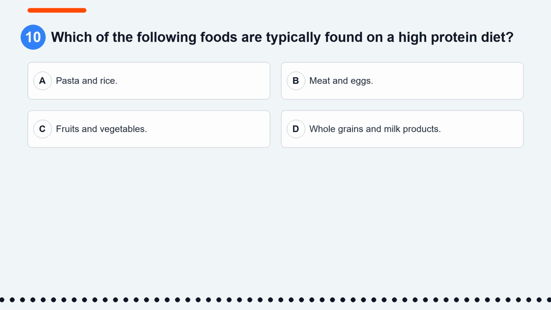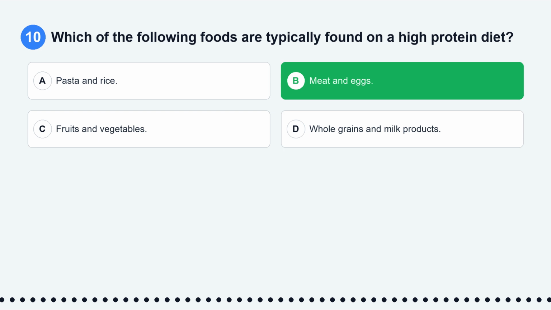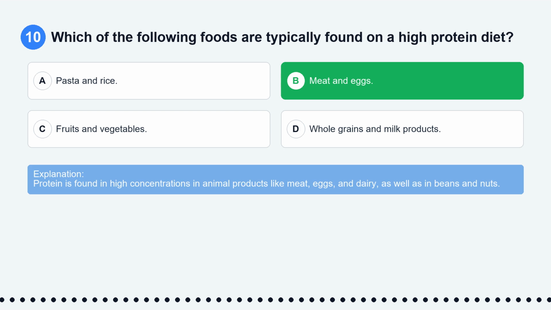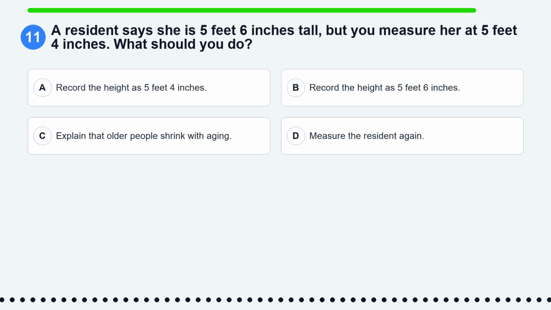Option D, whole grains and milk products. The correct answer is option B, meat and eggs. Protein is found in high concentrations in animal products like meat, eggs, and dairy, as well as in beans and nuts. Question 11. A resident says she is 5 feet 6 inches tall, but you measure her at 5 feet